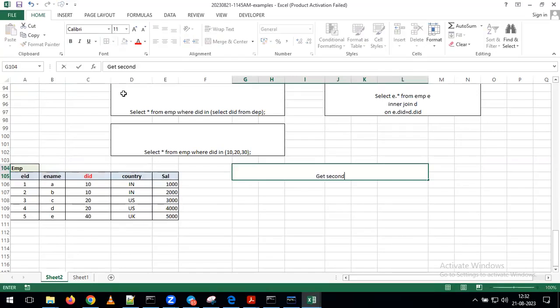Get second highest salary from employee table. Old batch students, please don't give the answer. New batch students, please try to give the answer. What is my requirement? I want to get the second highest salary into my output screen, and tell me as per